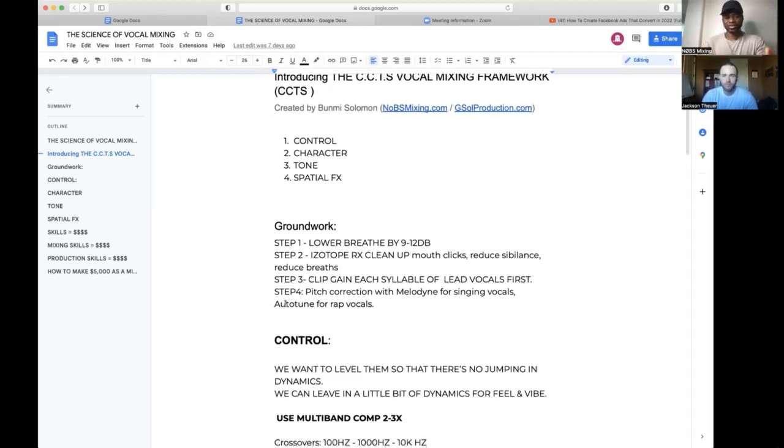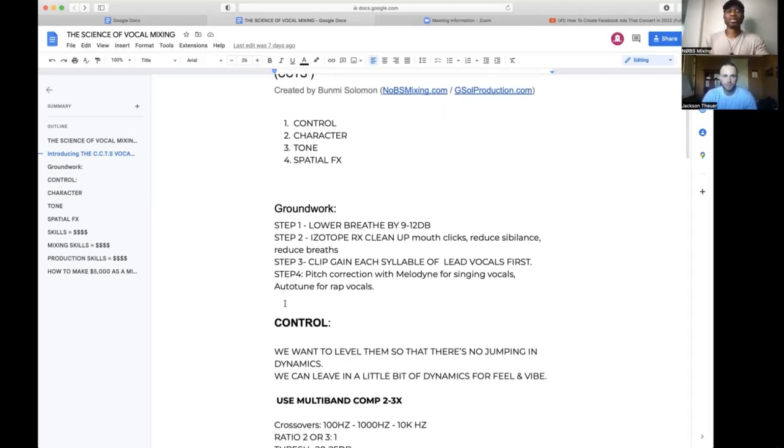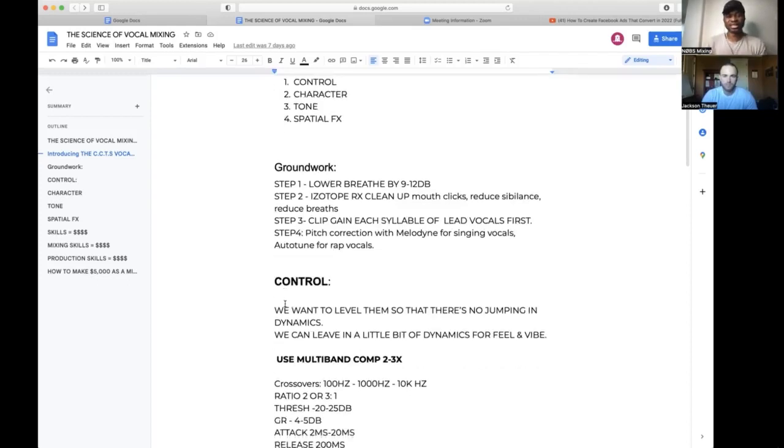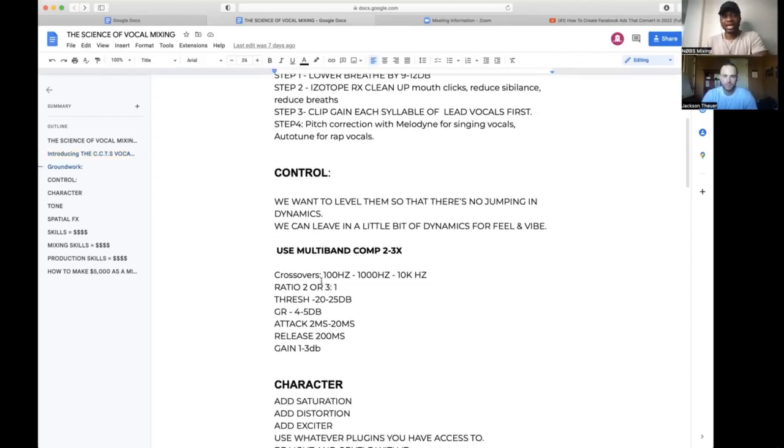Then we go to the framework. So the two most important parts of the framework are the 2 C's, control and character. So the control is done by a multi-band compressor. And these settings that I have here, they're crossovers at 100 hertz, 100 hertz to 1K, and 1K to 10K.